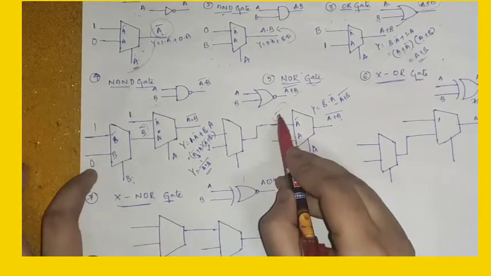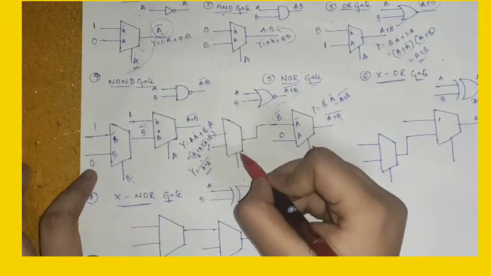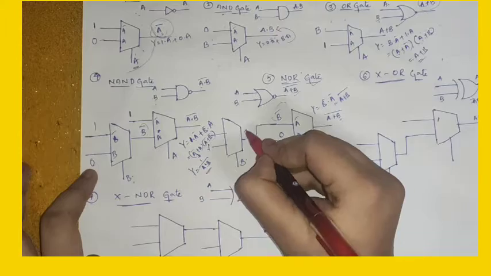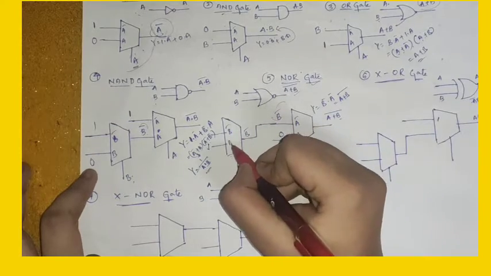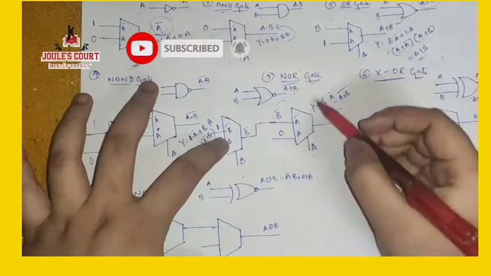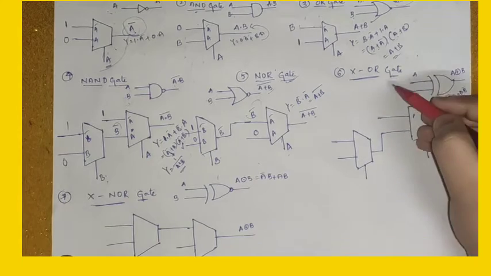So here to get B bar we use the NOT multiplexer. The NOT multiplexer is nothing but, to get B bar we use B here. The output is B bar and this is B bar. This is 1 and 0. In this way we get the NOR gate by using two multiplexers,